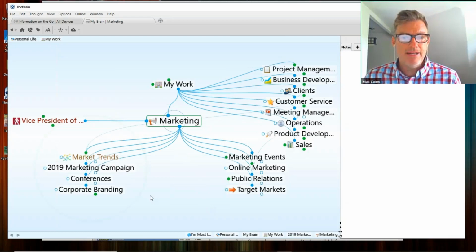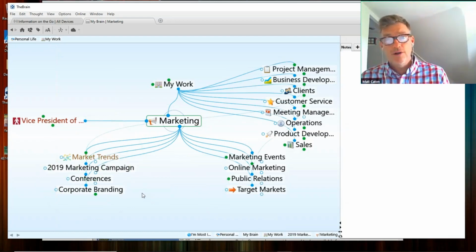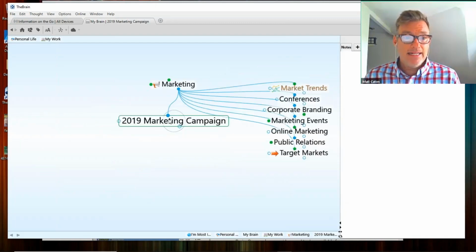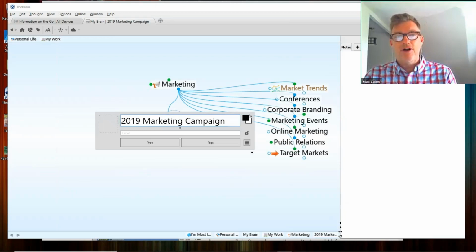So I just simply create my new thought. Notice that there's no enter button or extra buttons to click when you're creating a new thought. You simply type in the new name and hit enter. If I didn't like what I was typing in, I can click escape to escape out of that new thought that I'm creating. And at any time, you can alt click or just click on the current active thought to